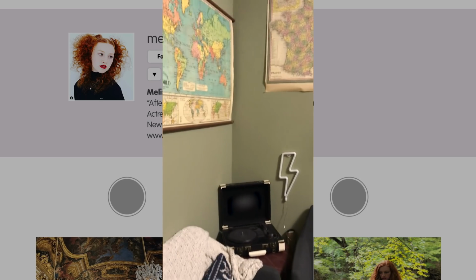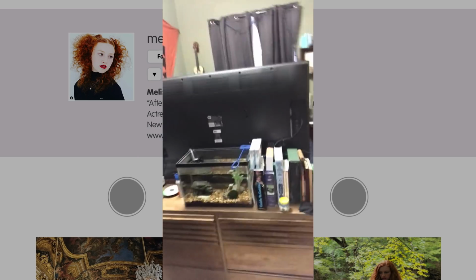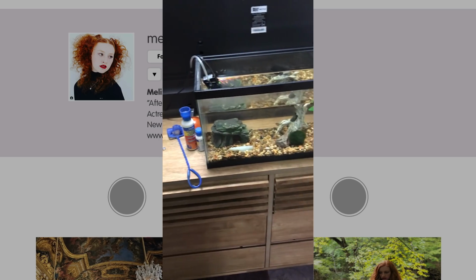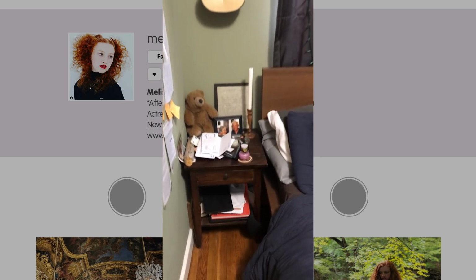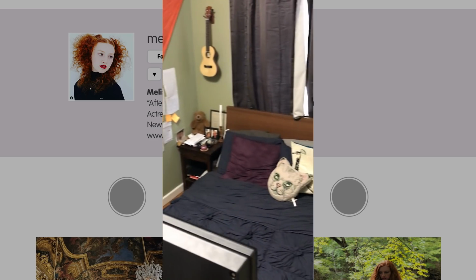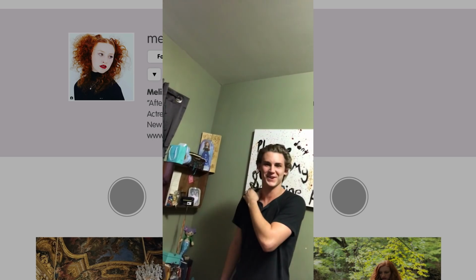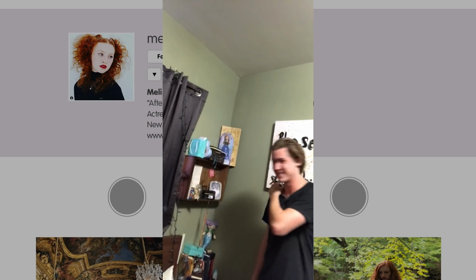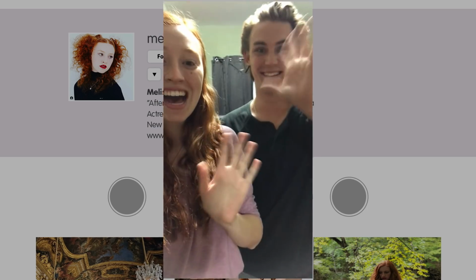I think that something that we could probably use to change is this. It's kind of messy, but it's got some good potential. Yeah, our side tables are pretty unorganized. And to have more organization with that would be great. We don't have a lot of storage, so it's a little messy. We're really excited and we can't wait. So yes, very, very small, but you can totally see how much personality they have through